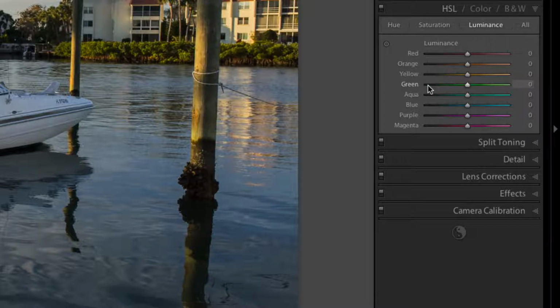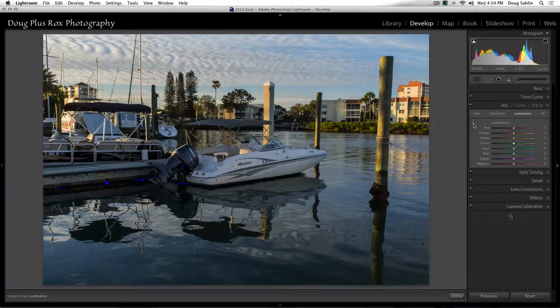But I've got another cool thing in here. This is known as the targeted adjustment tool. Now I use this all the time. Here I've got a nice sunrise, but the clouds were stronger in contrast than they actually look. If I had a polarizing filter, I'd be able to take advantage of this and get that deep dark blue,